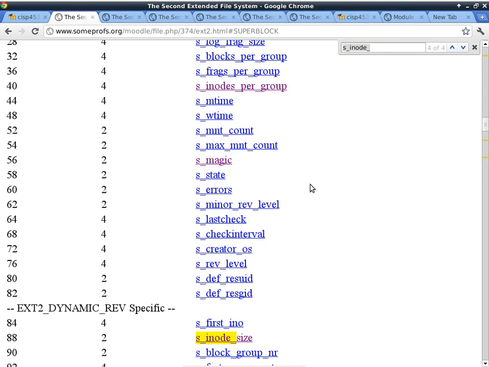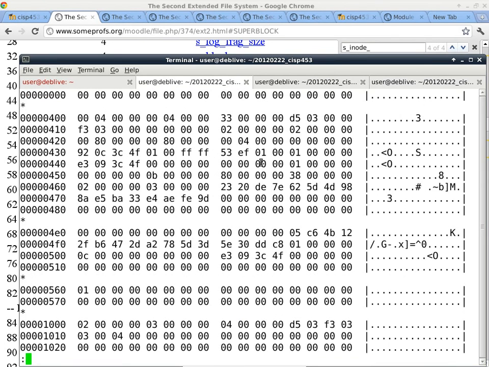Yep, right here. But how come my search doesn't find it? Oh, because I have the underscore. It's inodes and then the underscore over here. This is at offset 40 in decimal. So in hexadecimal, this would be 28. Okay. So if we switch back to the hex dump and go to 428,